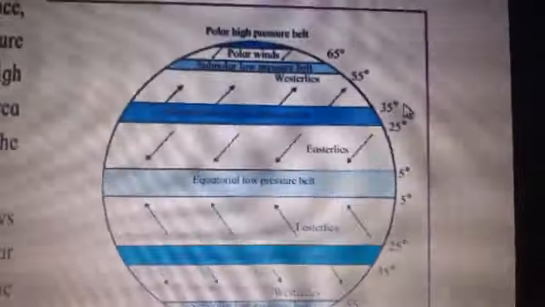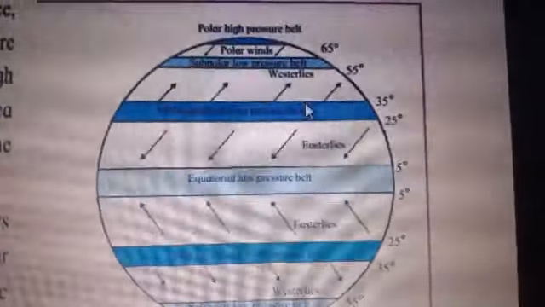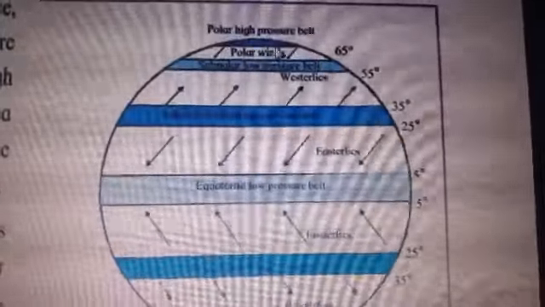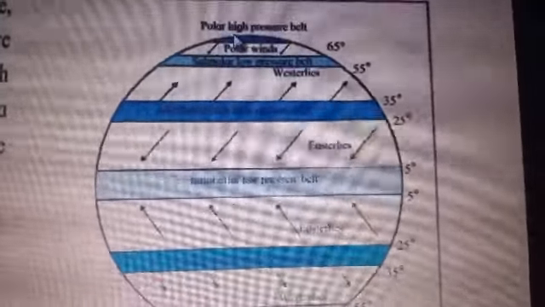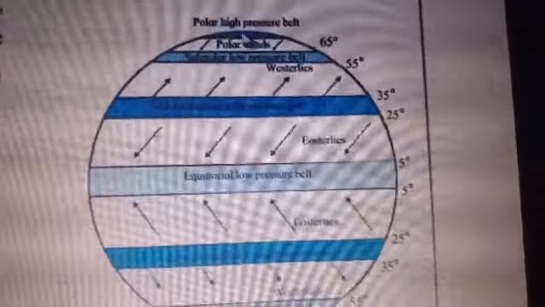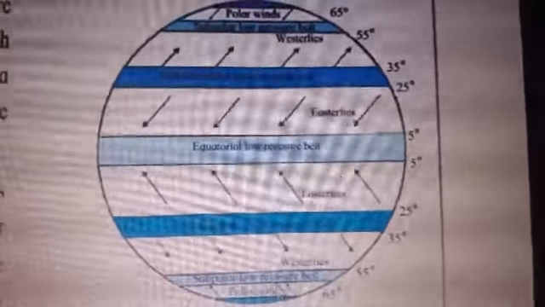Let us see the diagram first. Let us observe and understand properly. We have studied the subpolar low pressure belt, which lies between 55 degree to 65 degree parallels in both the hemispheres, right? Now the next is the polar high pressure belt. These are the polar belts. Now which area is this? This is the Arctic Ocean region, children. The North Pole is covered with the Arctic Ocean, and the Antarctica continent covers the southern part, that is the South Pole. So here also we have the polar high pressure belts.